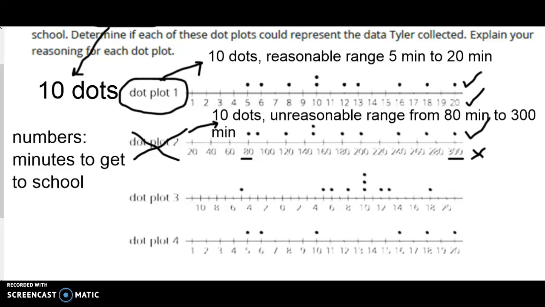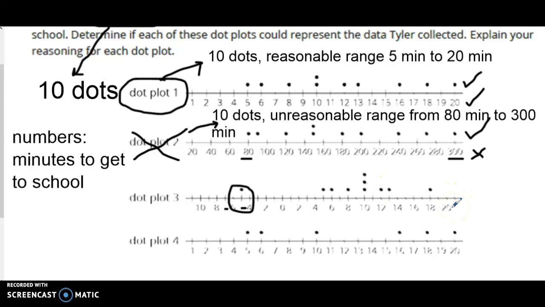All right, the video should have been paused. Let's go ahead and go over this. So for dot plot number 3, looking at my range, I see a range here. My numbers are a little bit confusing in number 3 because I'm seeing that some of these are actually negative. So I have here -5, which can time be represented as a negative number? No. So even though I have 1, 2, 3, 4, 5, 6, 7, 8, 9, 10 dots, and my range